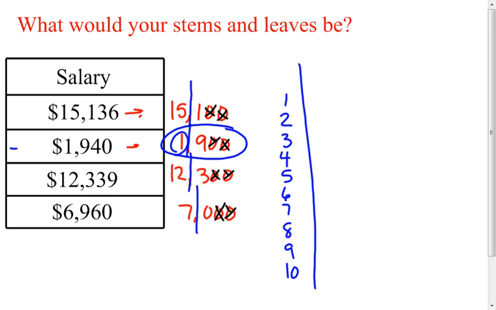This number right here has a stem of 1 and a leaf of 9. My next biggest number has a stem of 7 and a leaf of 0, and you can keep going and filling in all 4 numbers. Then when you make your little key for this,